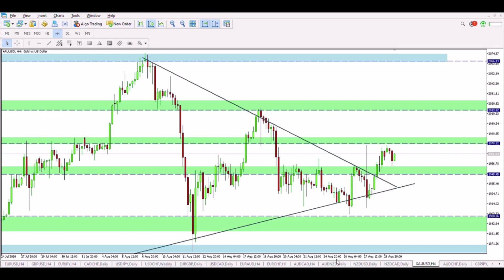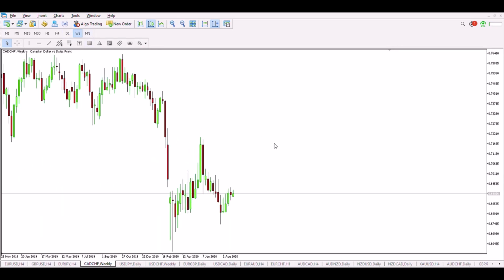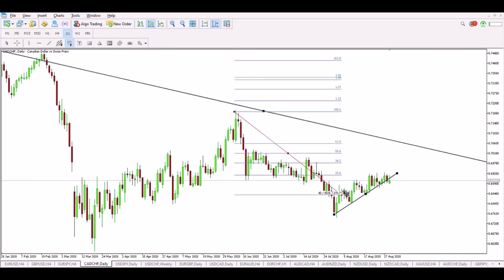Next one is CADCHF. I can see it here. So what we see on weekly perspective is that the price was going down the last few months. Okay, so let's move to the daily and see what we have on daily perspective. We went down from this high to this low right here, and then the correction started. This is our correction currently, correcting the down move, and as you can see, we are right now